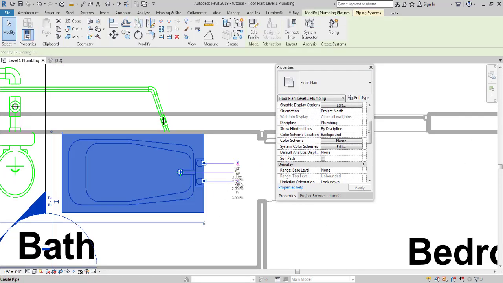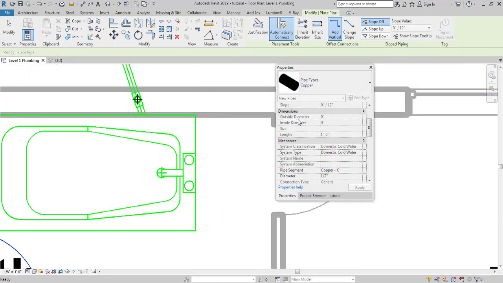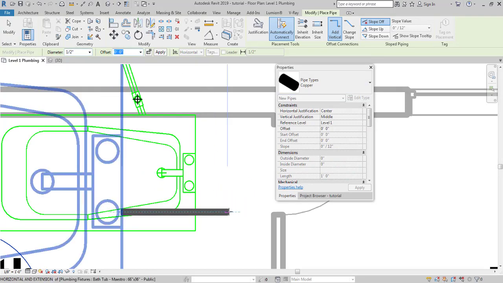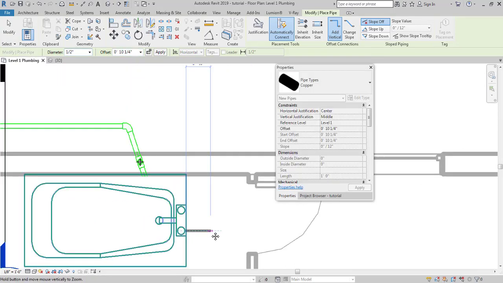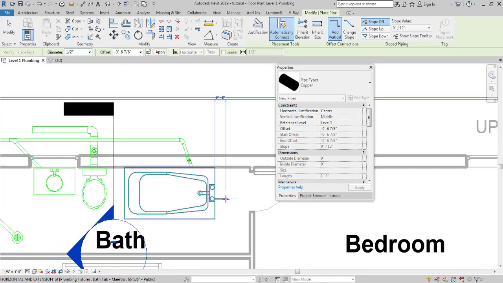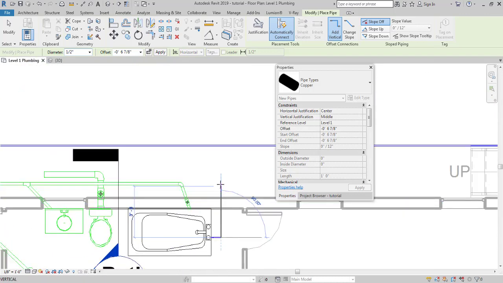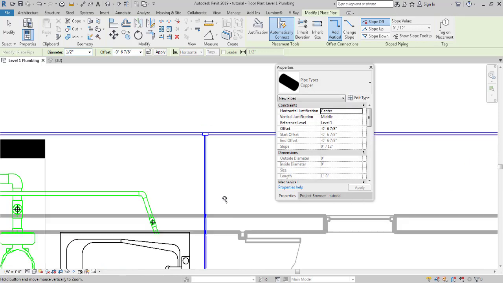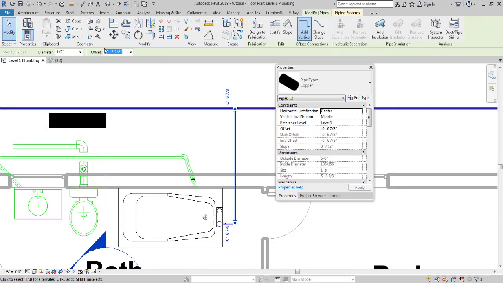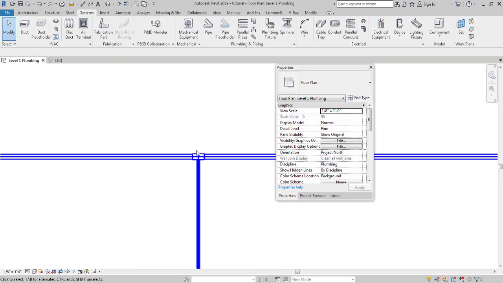This is going to be a little bit challenging. Pipe types: cold water, copper, and 0 feet. Okay. Sorry. Let's make it 0 feet. Just drag it out over here, and yeah, you create the pipe, drag it out, and click over here. Apparently the offset we gave was not correct. Let's just undo all of this.